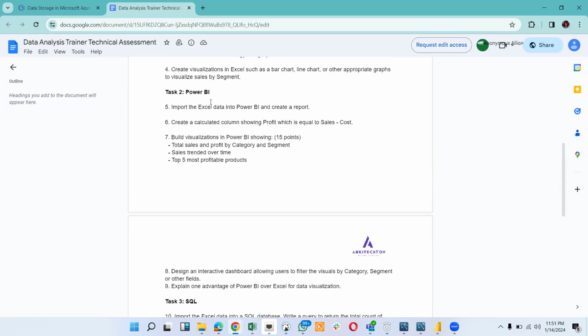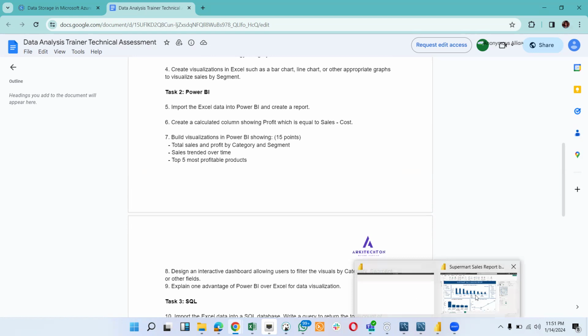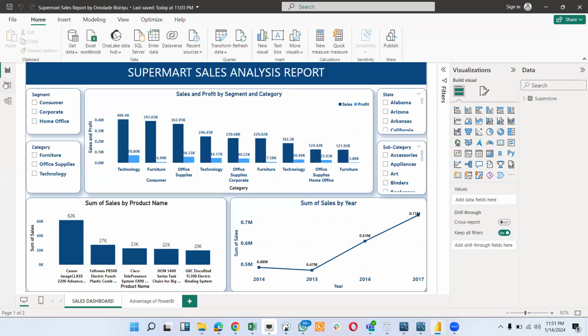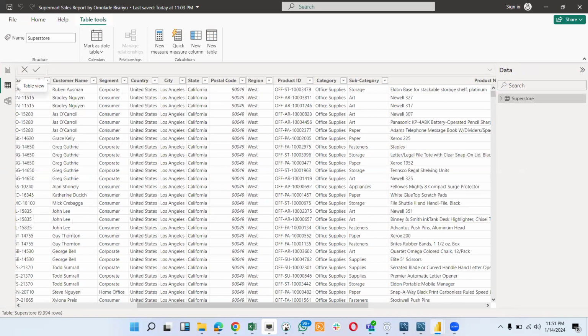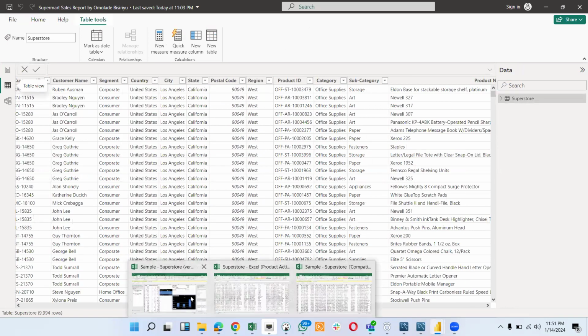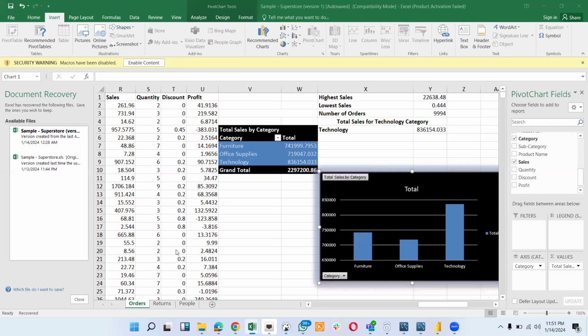create a calculated column showing profits, which is equal to sales minus cost. Meanwhile, on our table, we already have the profits column. If you look at the Excel file that we imported, there's a profit column already, but there's no cost column. So the best thing to do is to just get the cost column by calculating sales, subtracting profit from sales,